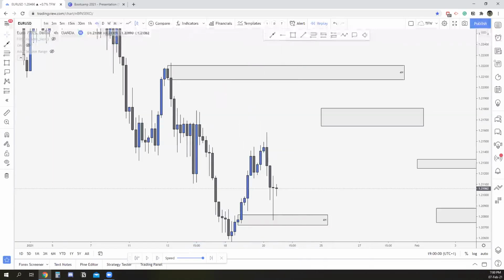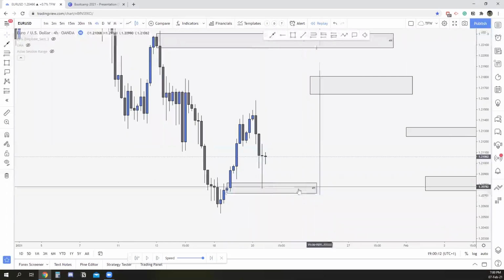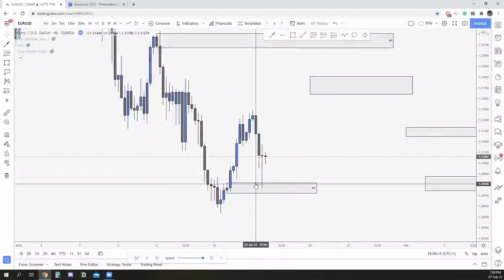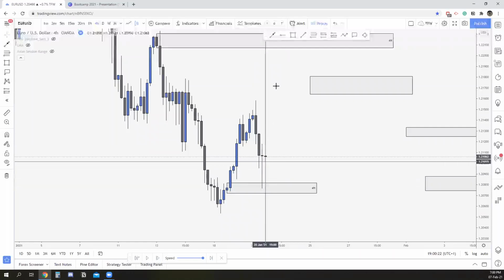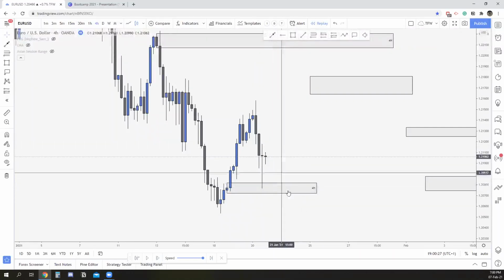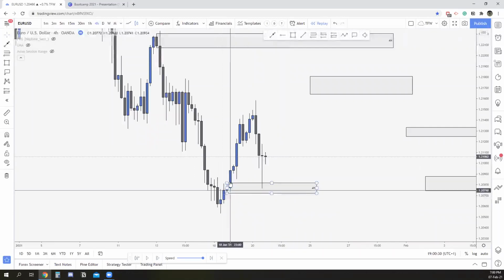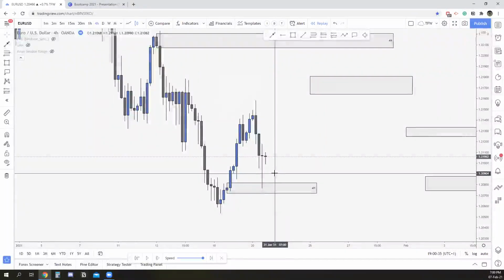Let me check the chats. How many times an OB can be touched before we should stop taking it into consideration? Very good question. So personally, I think an OB is actually fully taken out when it taps into 50% of this OB. As you can see, this was a perfect example. I usually want to see an OB tapped maximum twice. Because if you have a tap, it goes. If you have another tap, then if the market did not gather enough liquidity, it's going to come for another tap to potentially take out more orders that were in drawdown for the institutions. And then if they don't launch it, then I'm going to stop looking for it.